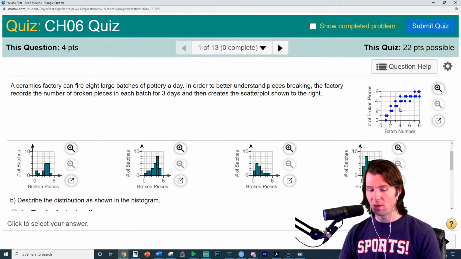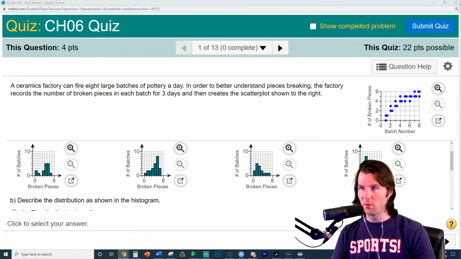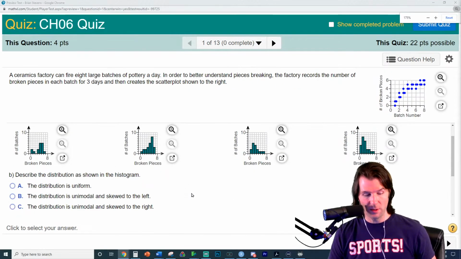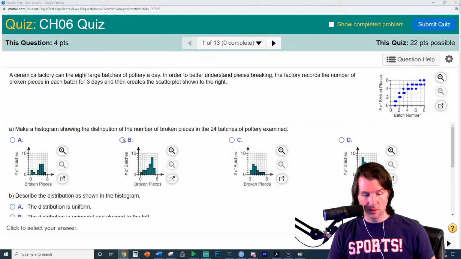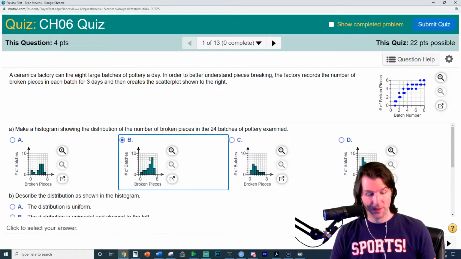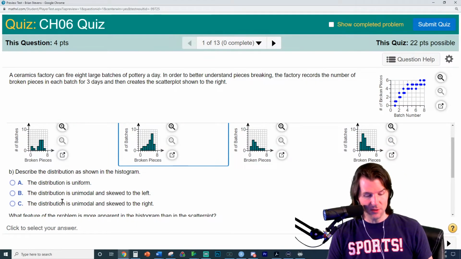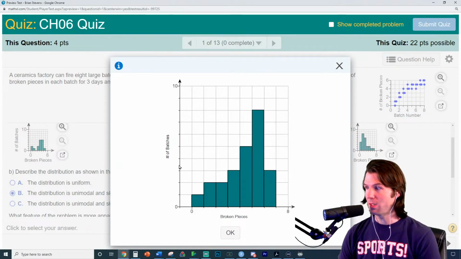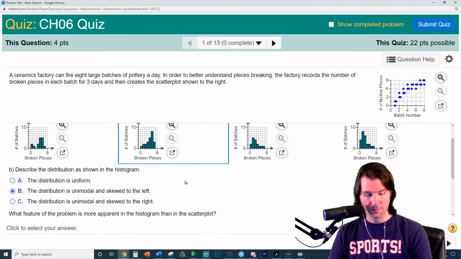I'm just going to keep working homework quiz 6 and doing a few problems to help make sense of what correlation is, because that's a quantitative display of data. So this is the right answer, unless I picked the wrong one. And this is a very left skew. There's a left skew here, right to the high, left to the low, whatever way the tail goes. It's left skew because the tail goes to the left.